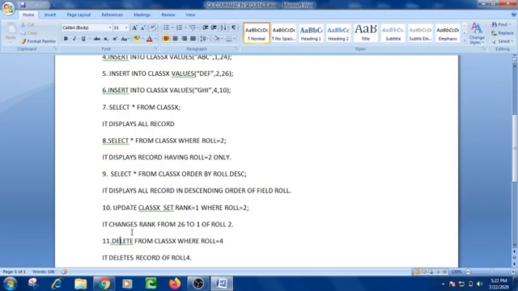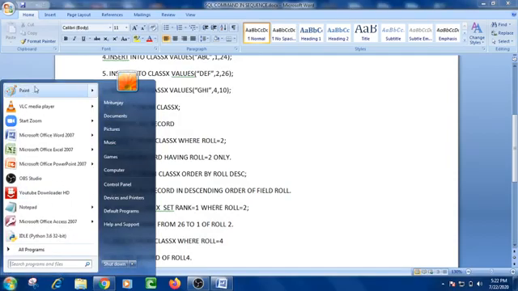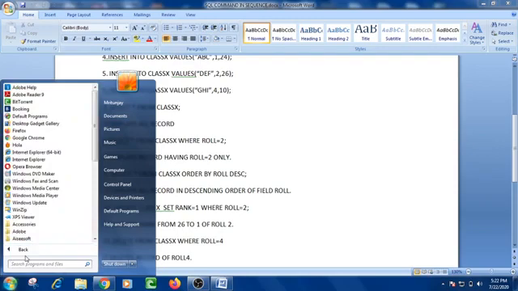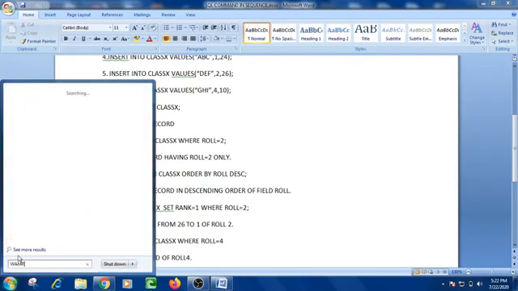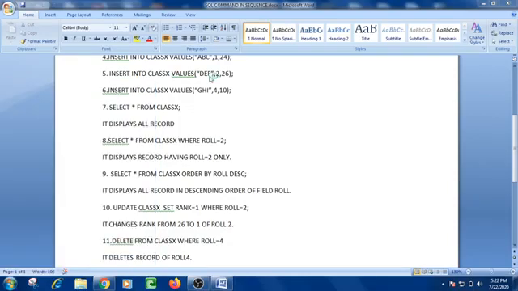Now I am going to describe it through SQL. For this purpose, the first thing that we have to do is to install the WAMP server. Okay, I have started the WAMP server here. Now click yes.